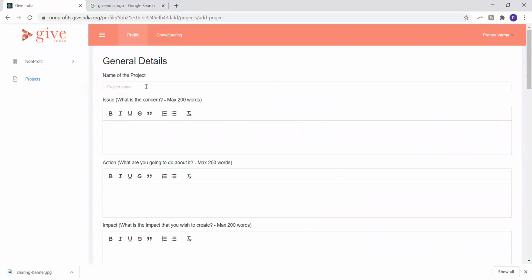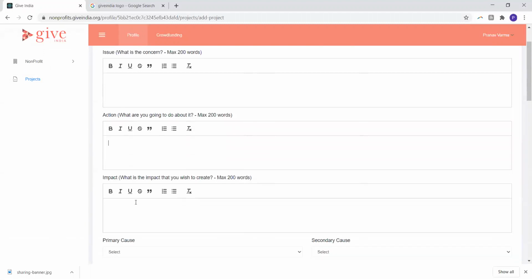In the project form, you are supposed to mention the name of the program, basically the name of the intervention that you list with Give India and that you wish to raise funds for. You also need to mention the problem that you're addressing. You need to mention a short statement on what is your intervention, what is your plan of action to address that problem.